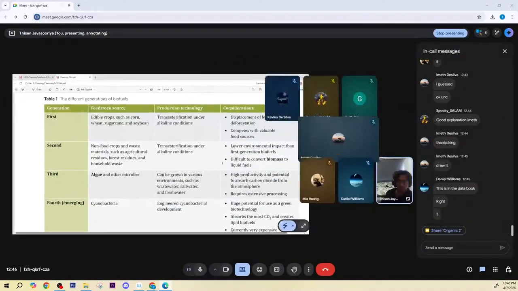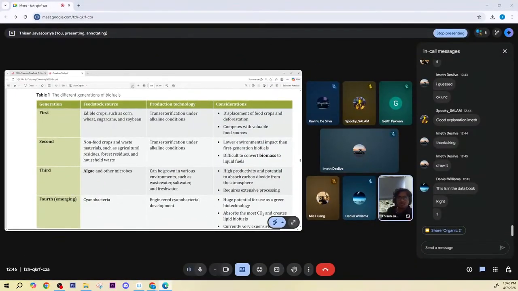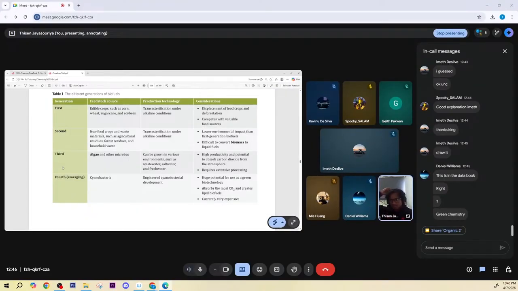So I'll screen share this part real quick. Yeah. You don't need to know these ones as well. It's more or less just explaining